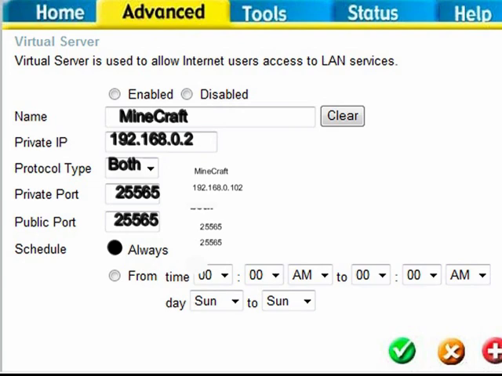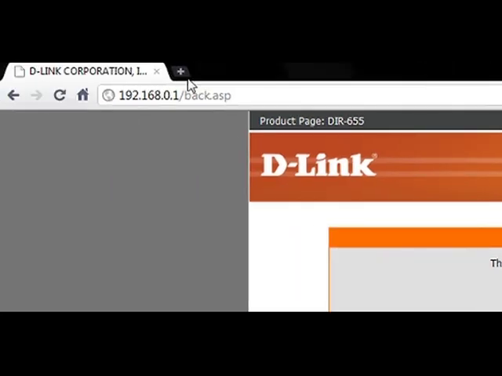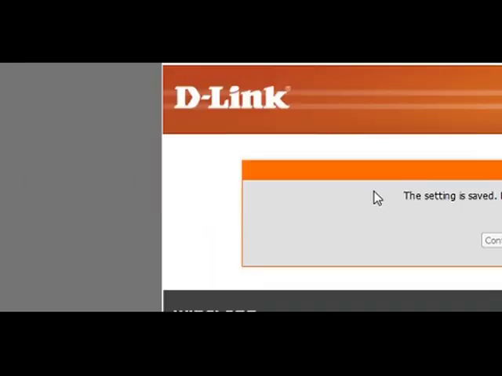Minecraft is the name. Private IP is your IPv4. Protocol type both. Private port 25565. Schedule allow always. Public port 25565. And yeah, that should help you out. I'm sorry if it doesn't. I don't actually have an older router to help you out, but anyway, once you set it up, just open